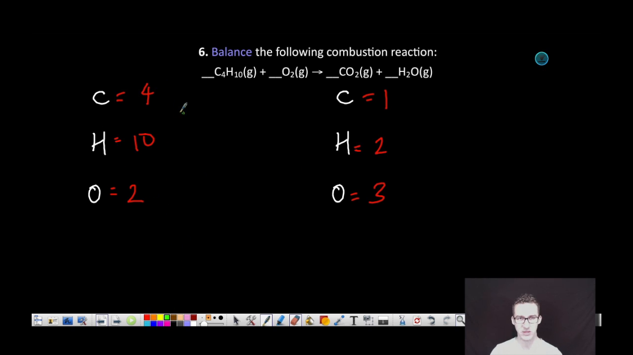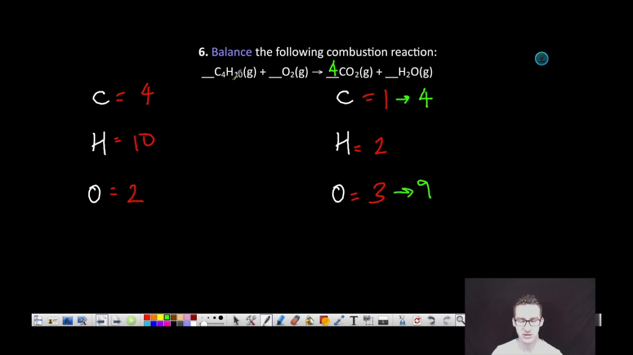We've got 4 carbons on the reactant side, only 1 on the product side. So if I put a 4 here, that'll change my number of carbons to 4. It'll also change my number of oxygens to 9. Next, as we think about whether we should balance the hydrogen or the oxygen first,